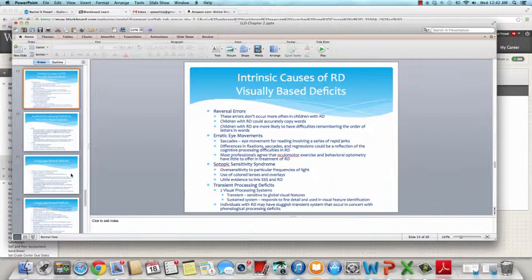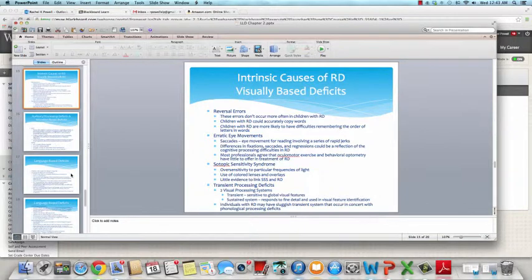And then there's this proposal of erratic eye movements. There are saccades, eye movements for reading, which involve a series of rapid jerks. It appears that we're reading very smoothly, but we're not. Our eyes are actually rapidly moving in jerks across the page to read the words and the letters. And I don't know about you, whenever I start talking about this, I start becoming very cognizant of what my eyes are doing and trying to see if I can feel my eye jerks. And I don't,